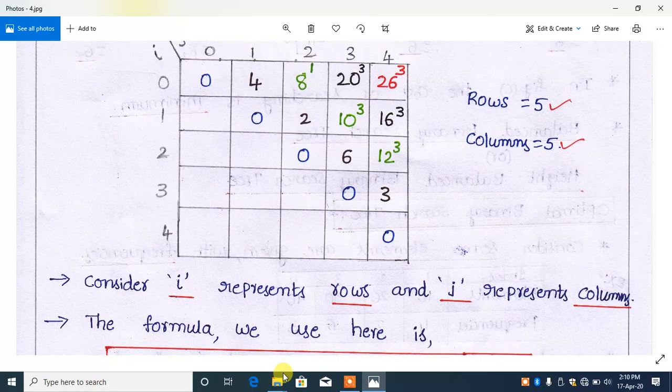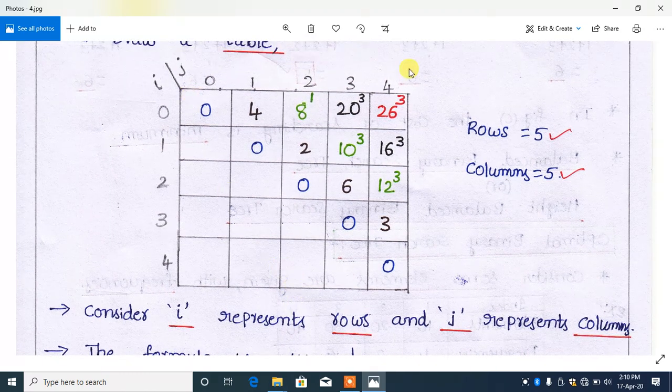So here we want to fill the values into the table. So you know about dynamic programming. Dynamic programming says that the problem can be solved by taking a sequence of decisions. Before we take a sequence of decisions, first we need some data. So in order to get some data, we are going to draw the table.